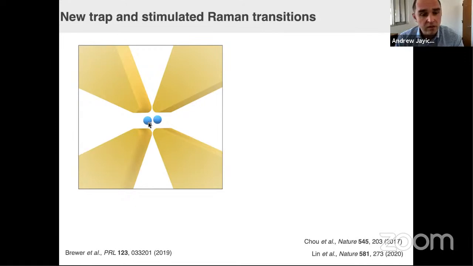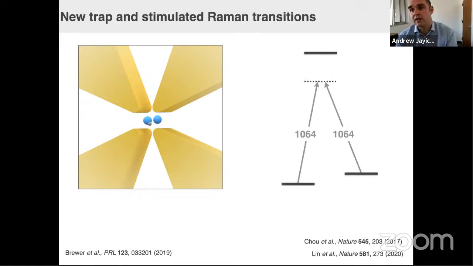I want to point out that in regards to the choice of molecule, we're pretty agnostic. We can use the same laser to address kind of any molecule we put in the trap, because we want to utilize stimulated Raman transitions, just like the NIST ion storage group uses to do quantum logic spectroscopy.